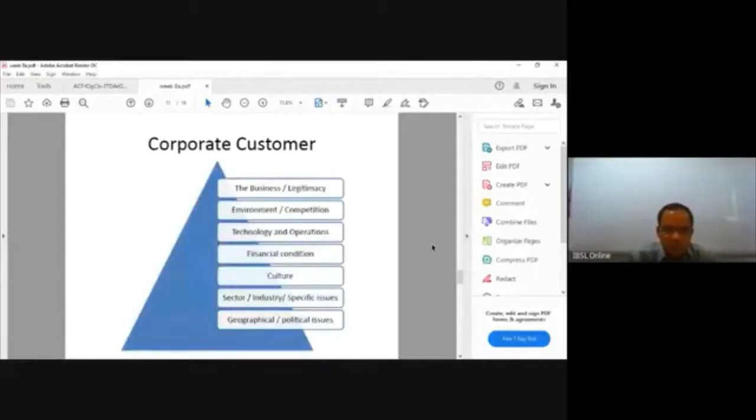So when it comes to a corporate customer, a company, normally there are a few things we are supposed to look at. We will have to look at the business, whether it's a legitimate business that the company is involved in. What is the business model? What is the environment and competition? Whether there is any chance that this particular company can run out of competition,